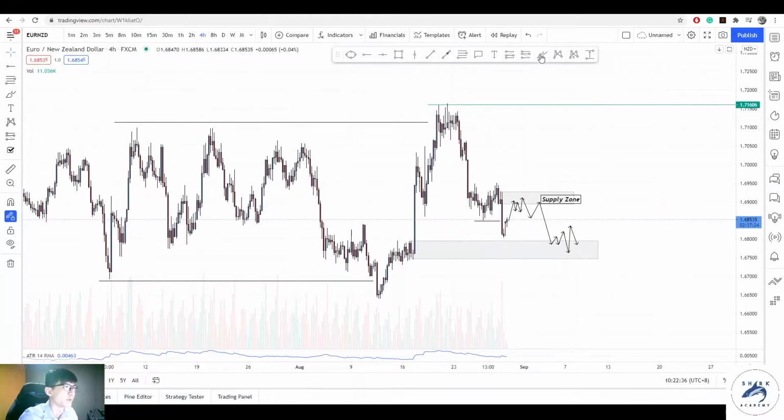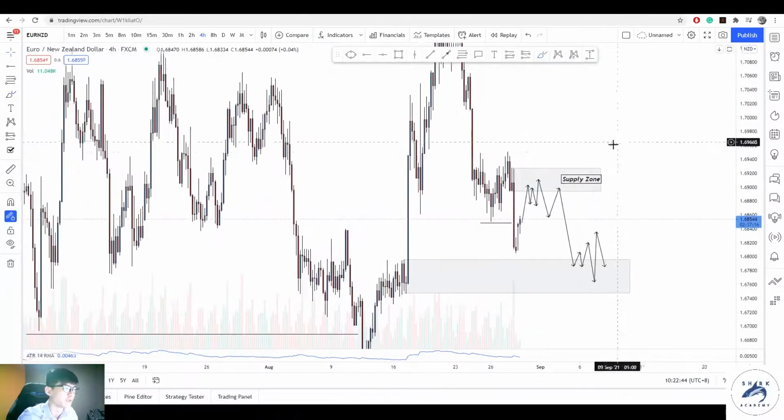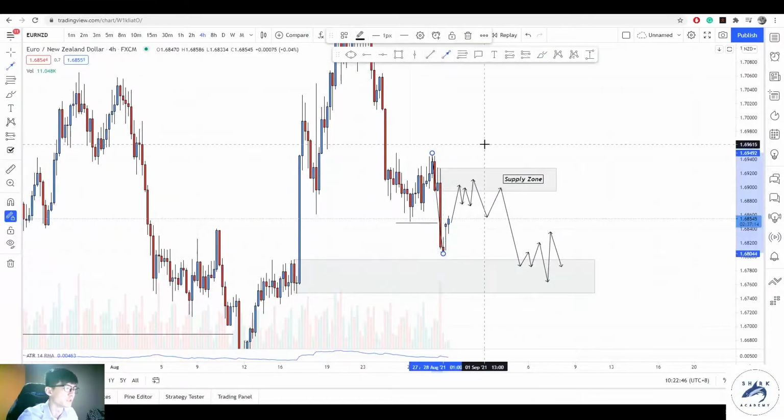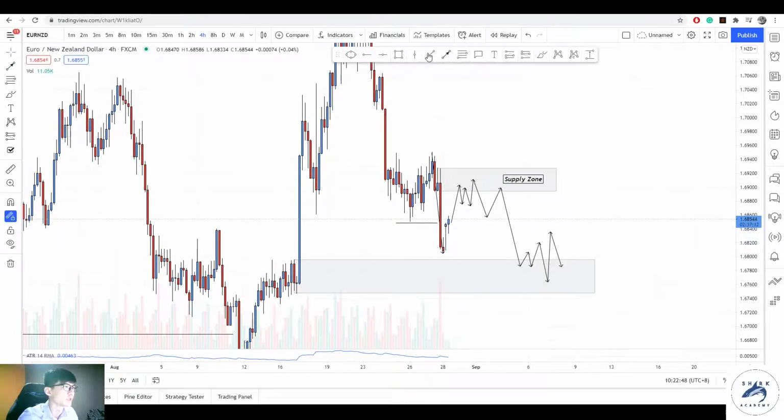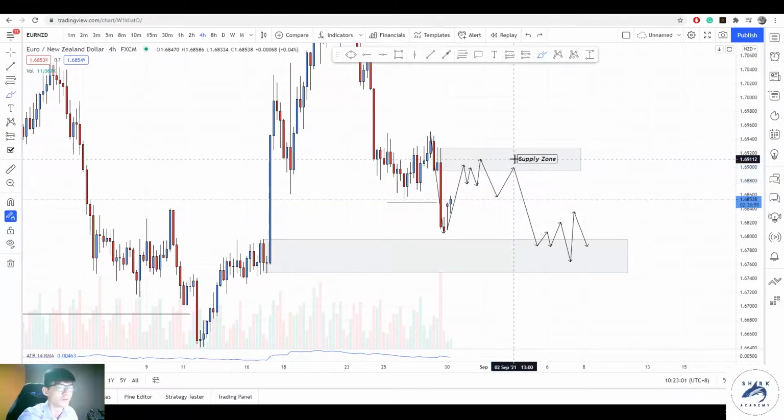Okay, and that is why at the moment we still have a range for prices to go lower, and that is why you want to sell high, right? You don't want to sell here because you are in the middle of the range. Okay, this sell side move, with this sell you are selling low, right? And that's why you want to sell higher. You want to wait for prices to move into this supply area where the buy to sell move happen, and that is why from here you are able to take a good sell with good risk to reward,